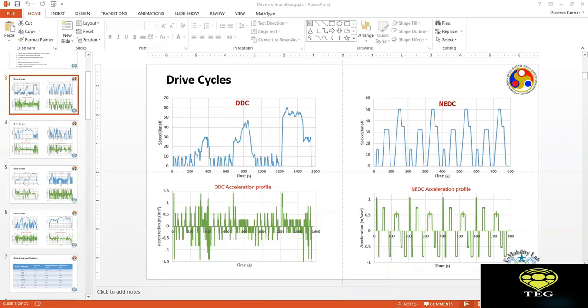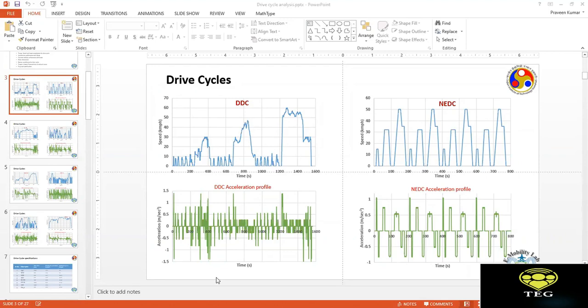So I think the best thing is more traffic regulation and better driving patterns. That would make more impact than a lot of engineering design changes. So it's more of a cultural thing, a behavioral thing, which will improve the efficiency. That's where I say people will have to take on the responsibility to improve the efficiency of vehicles and the quality of the air that we breathe. It boils down to individuals. There is only so much engineering can do. Beyond that, it's all social responsibility that we will have to take into account.